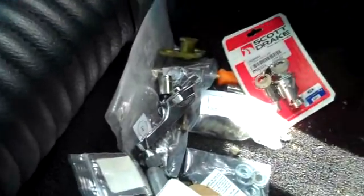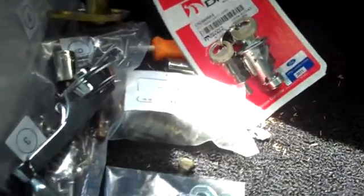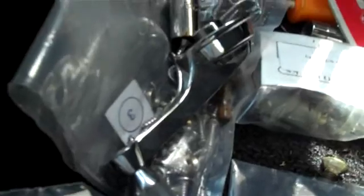Just give you a rough idea, but there's not that much left to do to finish it. I've got a box full of parts here, and there's some loose things here and there for the car. Accidentally ordered